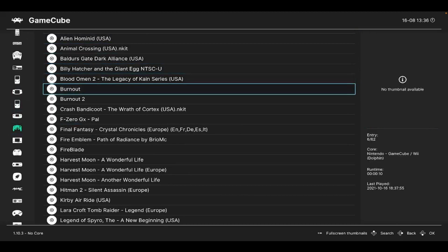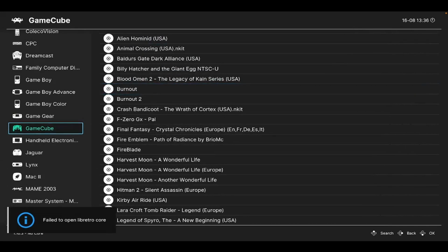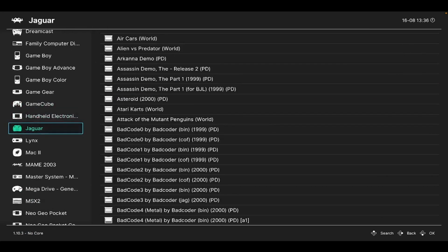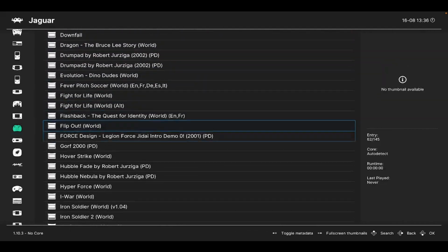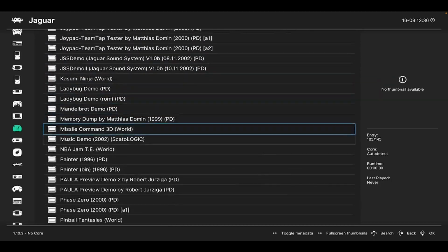GameCube may not work, yeah, because, well, it also doesn't use the metal. Jaguar does work, I believe. Let's see. And this also is an ARM native